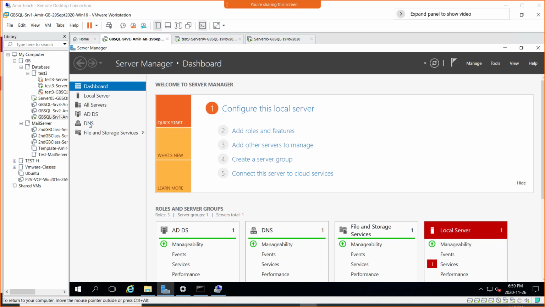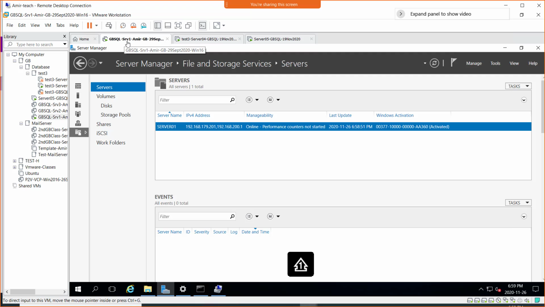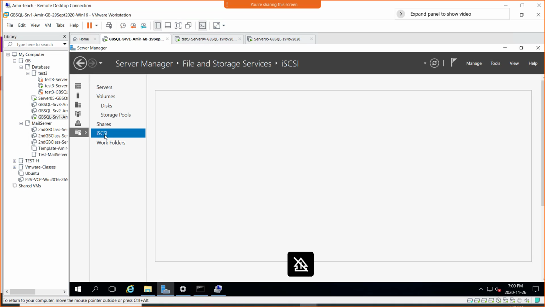So I'm going to go down here to File and Storage Services, because I want to install it. Although I can install the service from the dashboard under roles and features, first let's just go to File and Storage Services here on Server 1. Here you can see at the bottom one up is iSCSI already, but that's just the name added here. The background service is still not there. We're about to install that, but I'm going to click that iSCSI here,